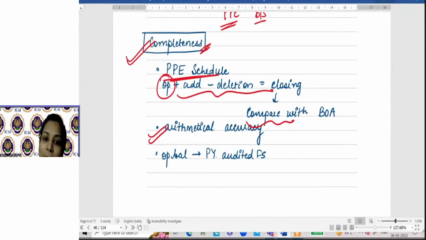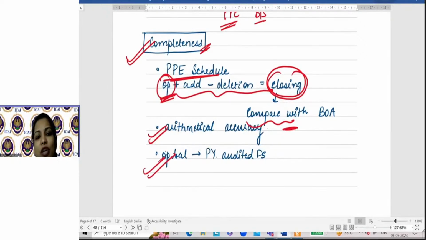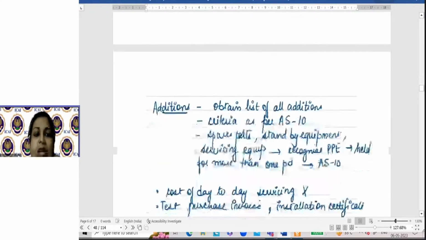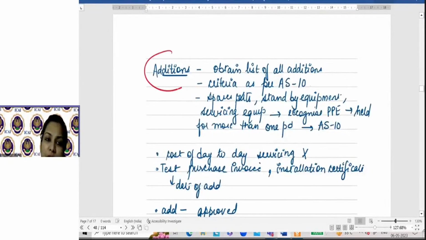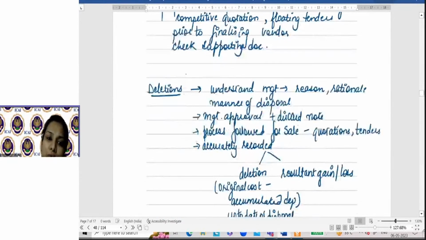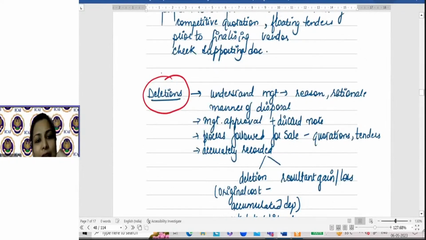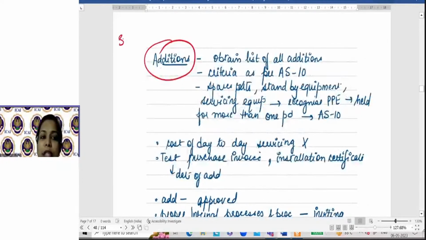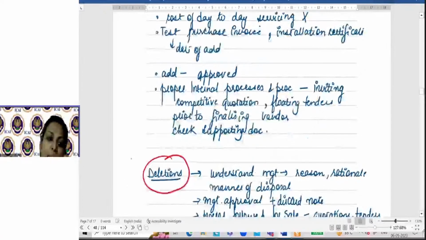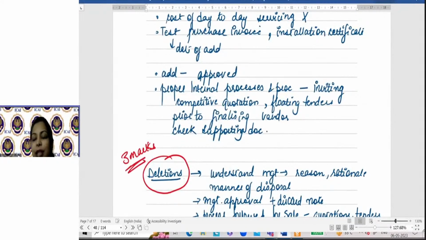ओपनिंग बैलेंस को तो आपने क्लोजिंग को कहां से चेक कर लिया, आपको जो भी बैलेंस शीट में आ रहा है, ओपनिंग को कहां से चेक कर लिया, प्रीवियस ईयर ऑडिटेड फाइनेंशियल स्टेटमेंट से चेक कर लिया. Now with respect to additions we will be discussing, and with respect to deletions we will be discussing. और अगेन यहाँ पर भी देखो, डायरेक्ट 3 मार्क क्वेश्चन आपका बहुत इजीली बनता है एडिशंस में भी या डिलीशंस में भी. Students, यहाँ पर there is anything new thing that needs to be discussed, I'll devote more time,